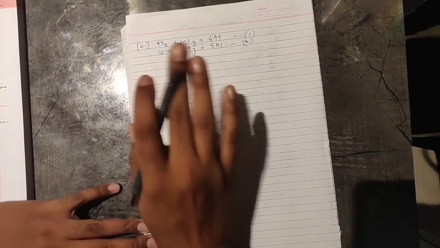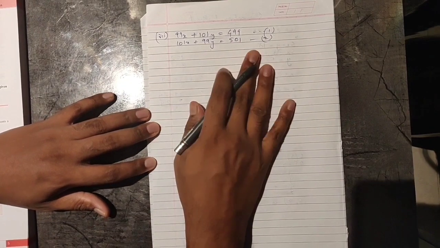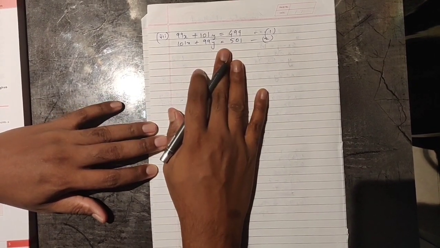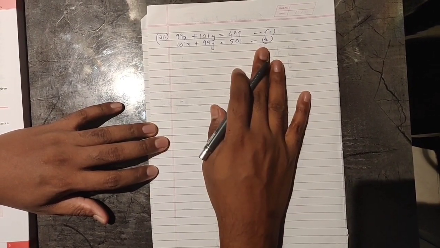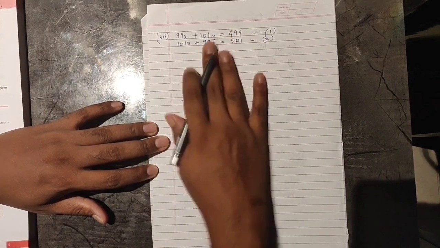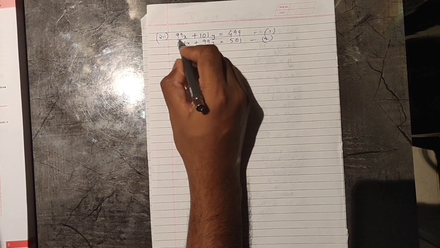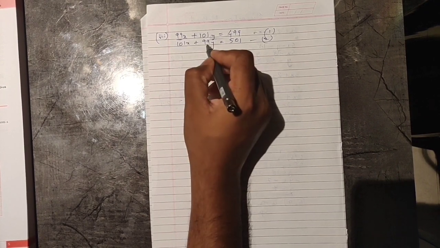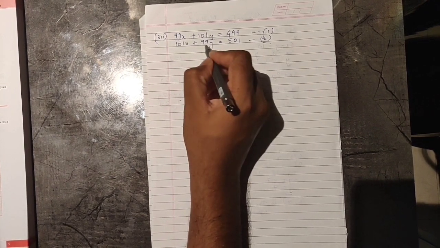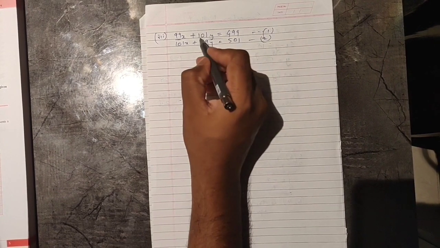Now these types of sums are super easy because they have a standard method. This method for such type of sum doesn't change. What I mean by such type of sums: can you see this first term has what number? 99. Second equation, second term has what number? 99. First equation, second term, 101.